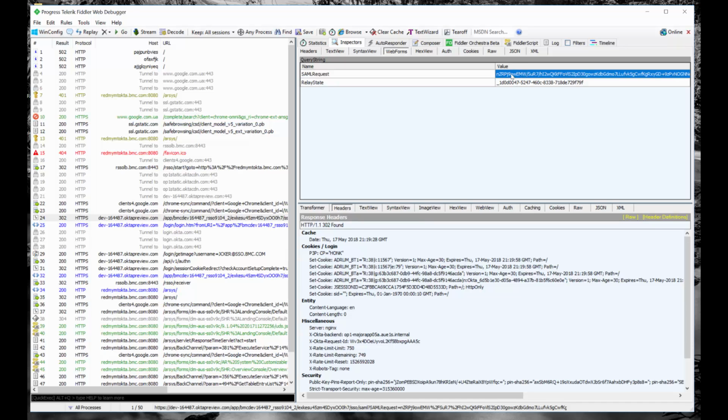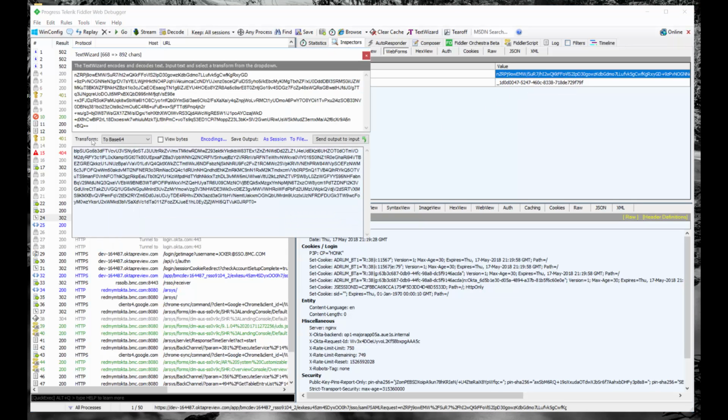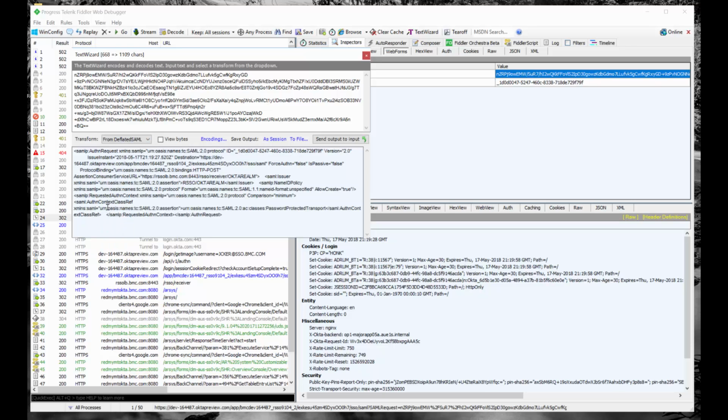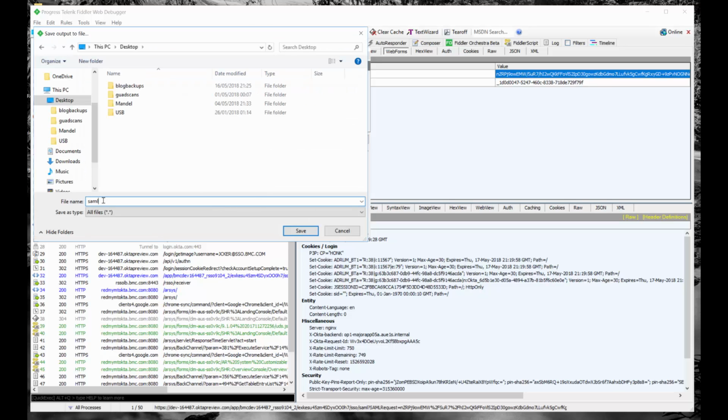We know it's encrypted and we want to see the raw XML format. So we'll highlight the value, and send to text wizard. In the transform box, we'll select From Deflated SAML, and Fiddler will decode this and give you an XML format. We can save this to a file. We'll call it SAML request from RSSO,